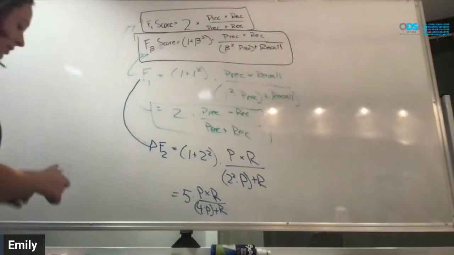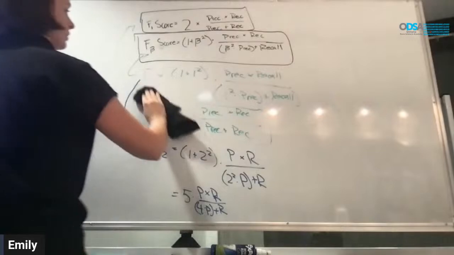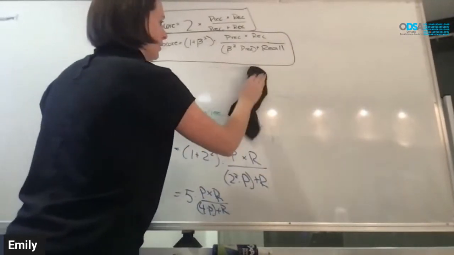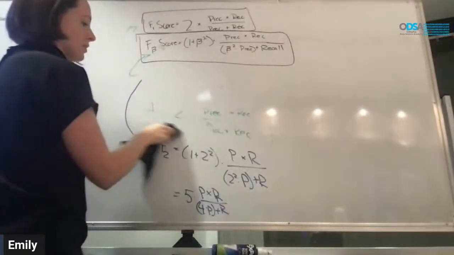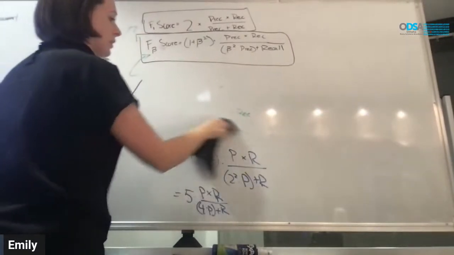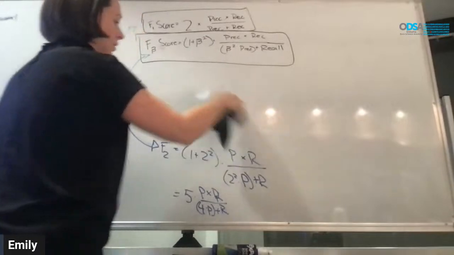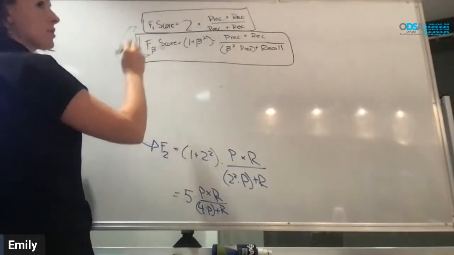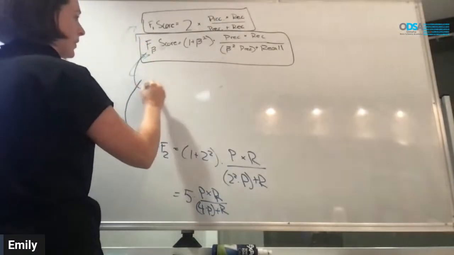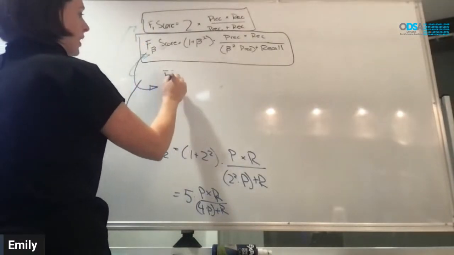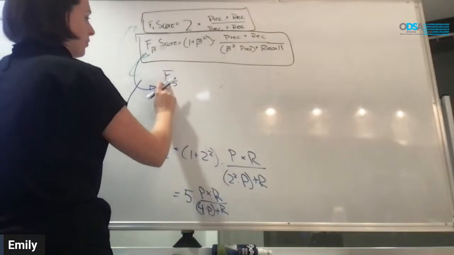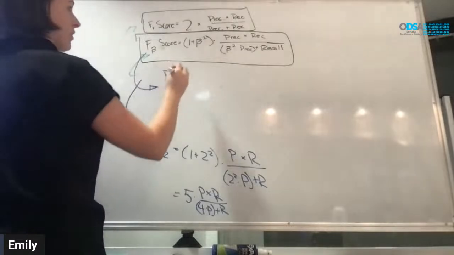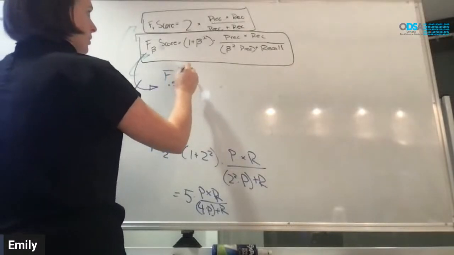All right, let's do one more. You guys can't see this one on the screen anyway, so I'll just erase this one. You get the idea though. We're going to do 0.5. These are the 3 most common values, by the way. You can use something else if you want to, but these are just the most common. F of 0.5 is equal to